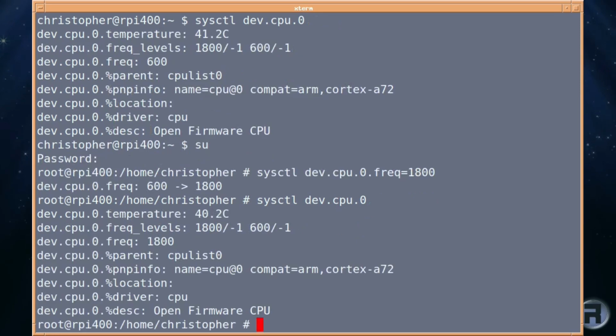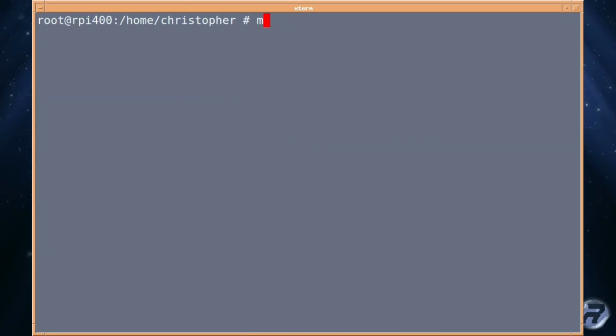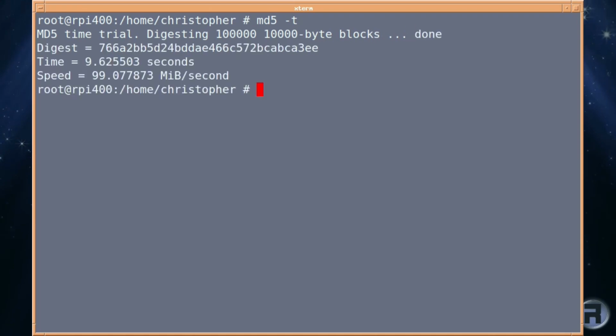And if we just do the command again, look, there it is. It's running at 1800, running at 40.2 Celsius. We're just going to drop it back down to the slow speed again because I want to show you something else. If we do the MD5 test, eventually it will get there. It's a lot slower than the HP. It's done in 9.62 seconds with